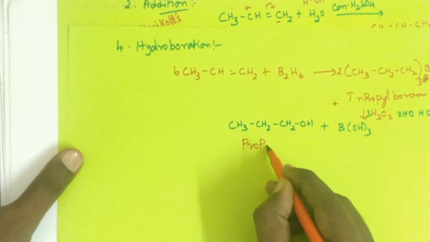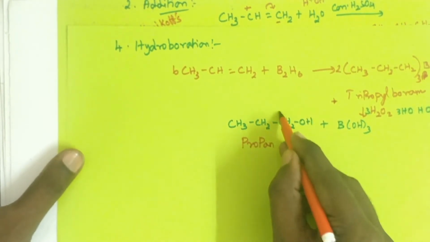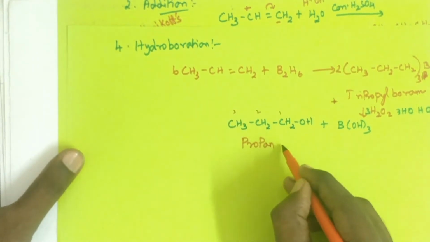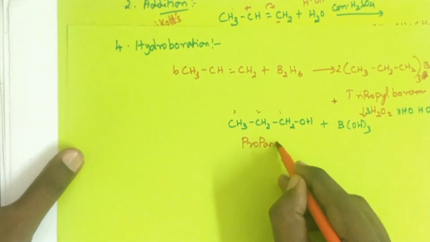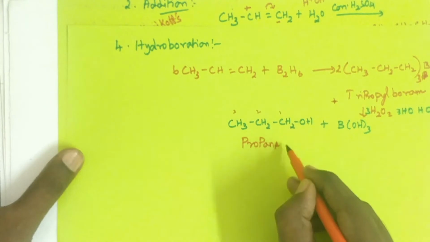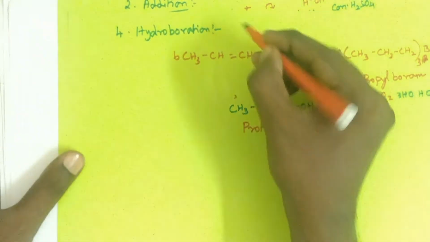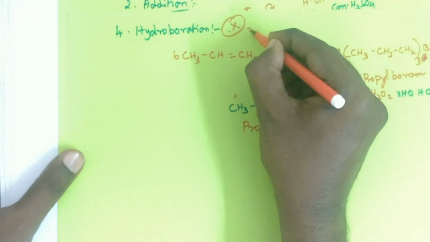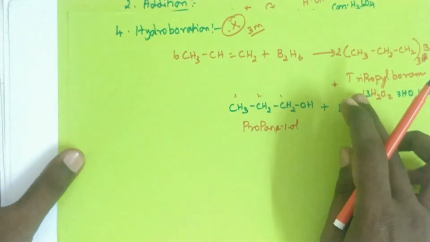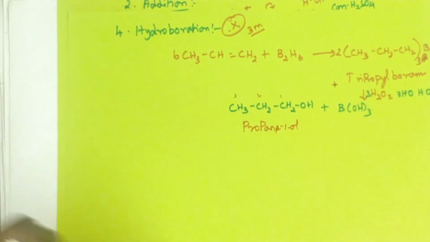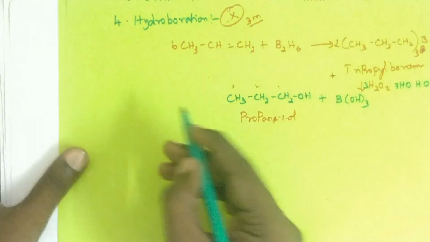propyl alcohol or propanol. IUPAC name: 1-propanol. The functional group is present in the first carbon, so propan-1-ol. So it is an important topic. They will ask in the board exam, any direct 3 mark question. Equation alone you write. So the fifth one